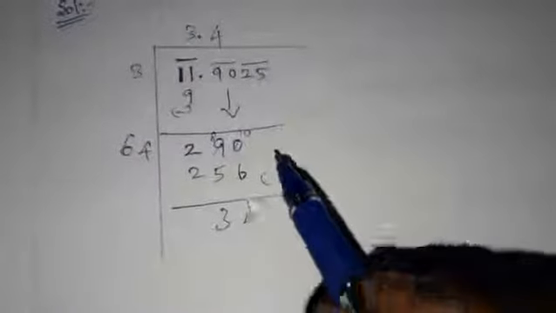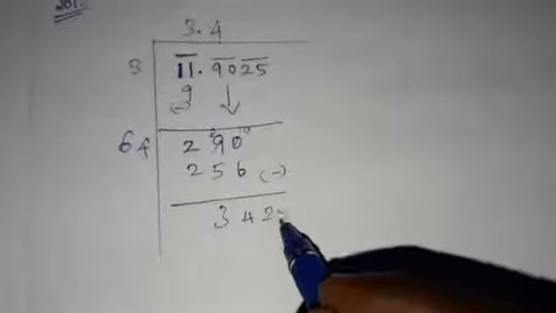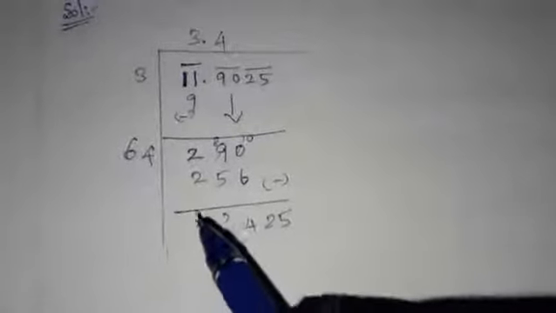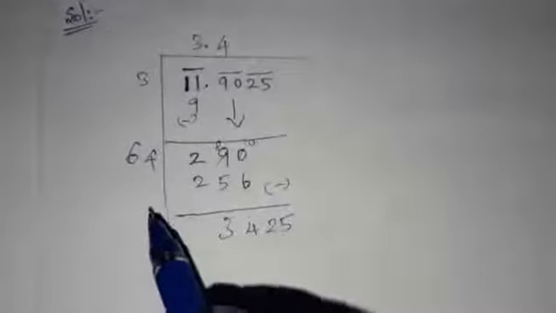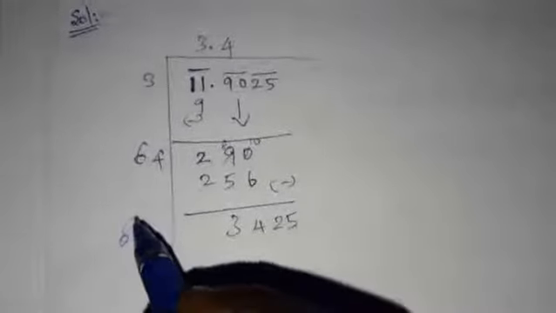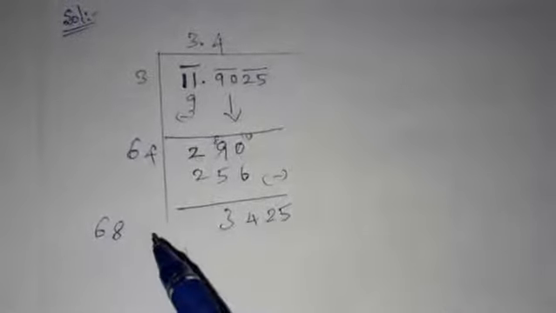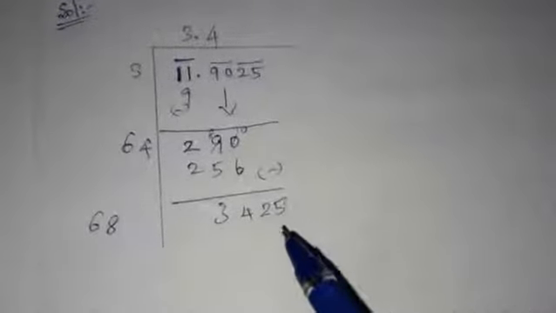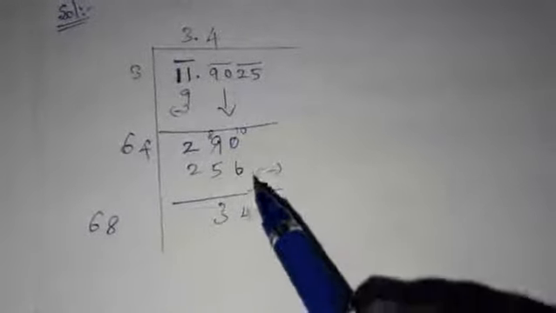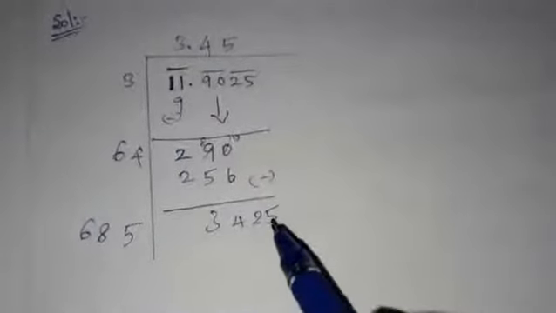After that, we have to bring down the next period, 25, right in this place. Next, we have to multiply the quotient by 2. 4 2s are 8, 3 2s are 6. Next, we have to write a number in this place and in the quotient also. Look at these unit digits. It ends with 5. So, we have to write 5 in the quotient and in the blank space because 5 comes in the fifth table only.